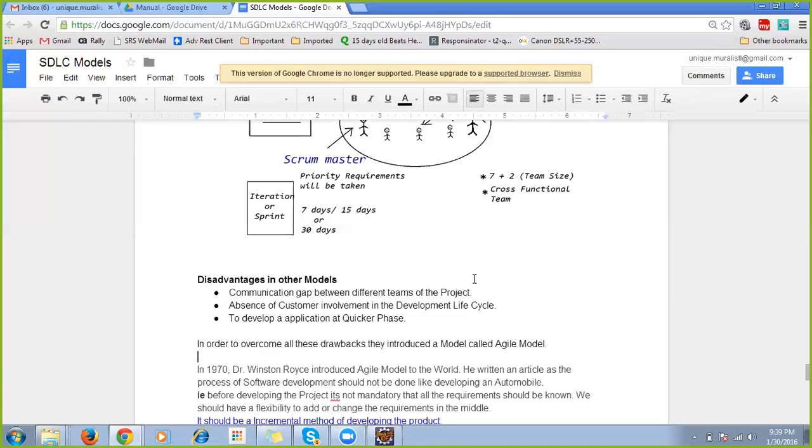Then every day in the morning they will have a meeting. He will give them information: today's goal is to achieve this. He will tell them what things will be required, and if anything is required, he will give all the information. Then